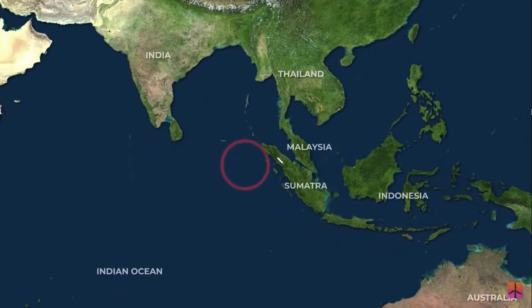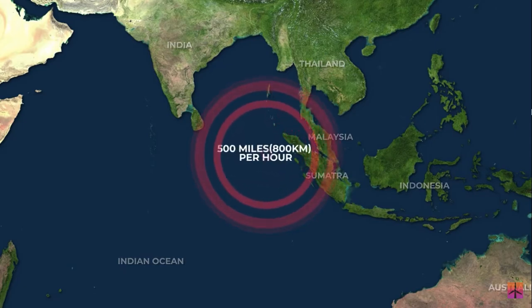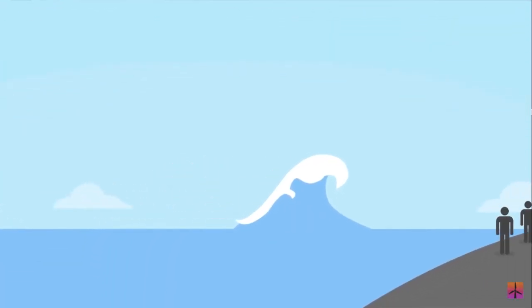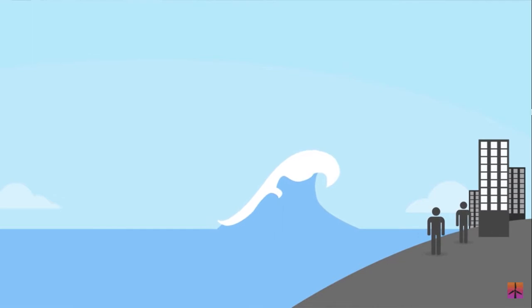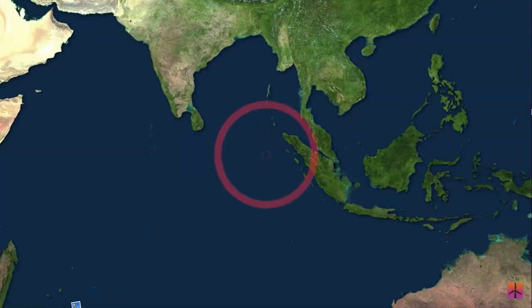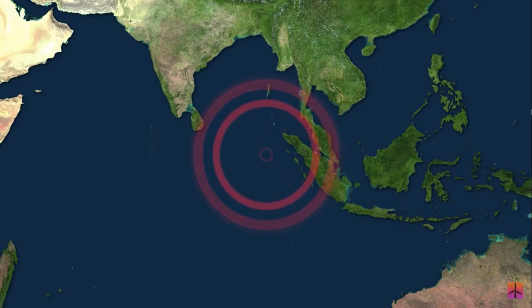These waves continued to expand outward from the epicenter of the earthquake at a rate of about 500 miles per hour, or about the speed of a commercial jetliner, hitting all of the surrounding landmasses and bringing with it extreme amounts of destruction. The second and related reason as to why the tsunami was so destructive was that despite having some amount of time, although limited, between when the initial earthquake occurred and when the tsunami arrived, many of the countries hit by the tsunami were completely taken by surprise.